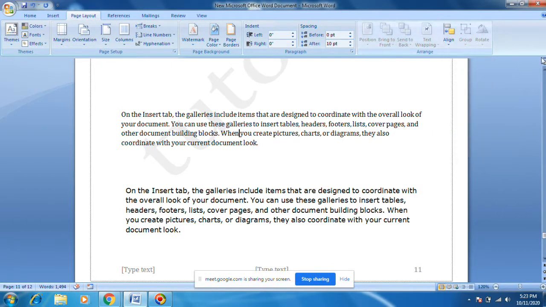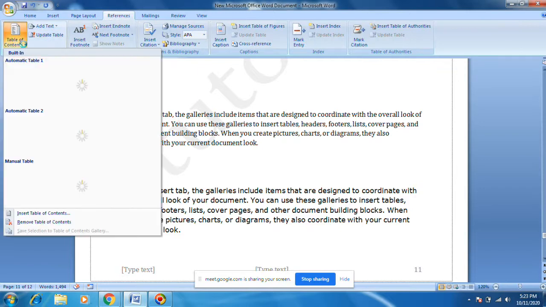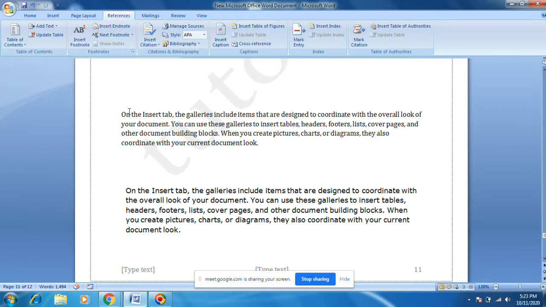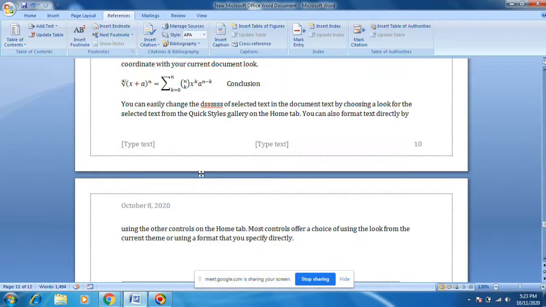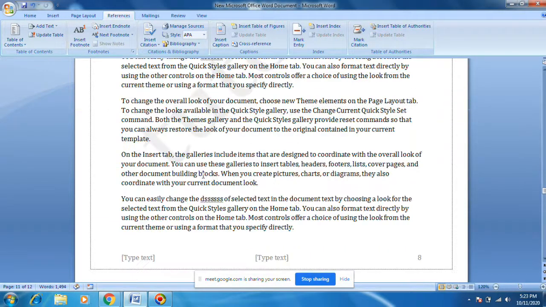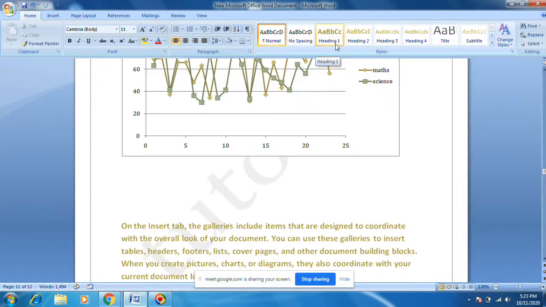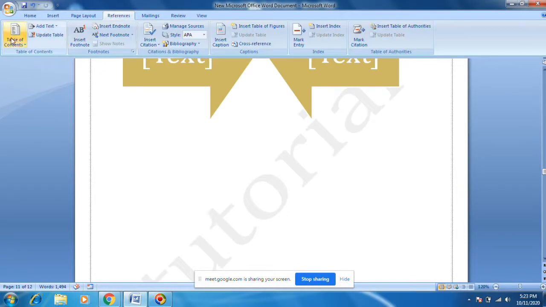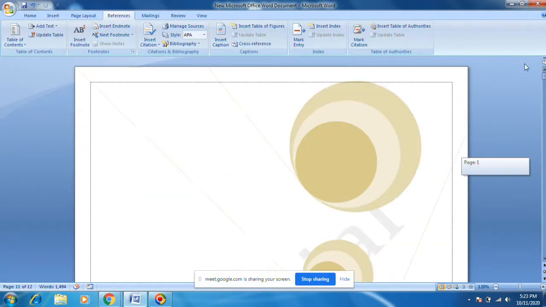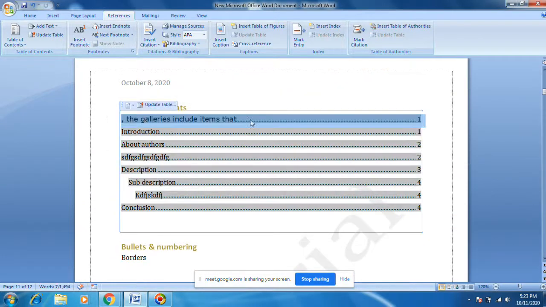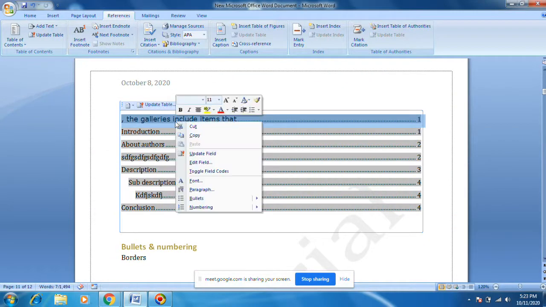Okay, forget about this, this will not be used. Okay, let's go to reference. In the reference, the table of contents is a very important thing. In the second video, we saw headings. Okay, based on headings, that table of contents page will come. This one. Okay, how does it work?